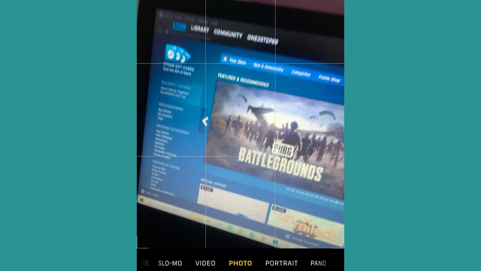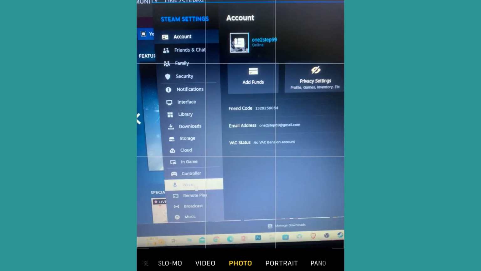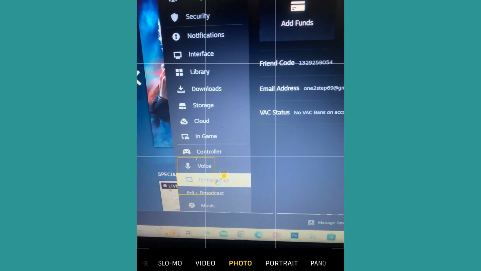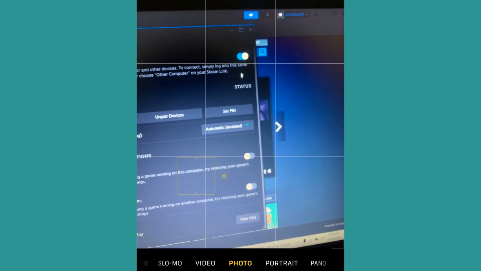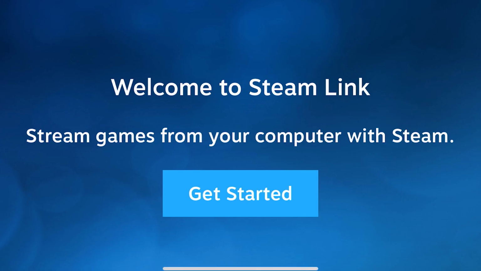So on your Steam on your PC, at the top left corner, there's going to be this Steam option. Click on it and click on where it says settings. Remote play, click on remote play, and from inside remote play, make sure remote play is on. Once the remote play is on, the next thing you need to do is open the app on your phone